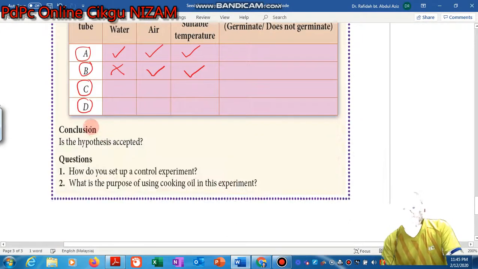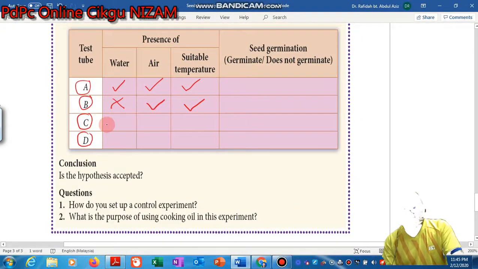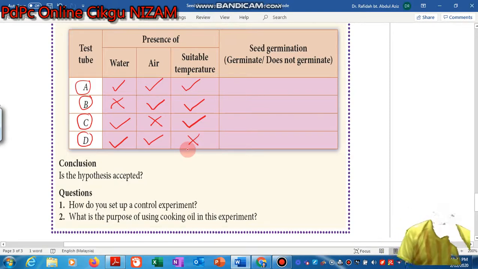So the info given here, okay, in C we have water, but we don't have air, suitable temperature. In D, we have water, we have air, but not suitable temperature. So based on the observation after 5 days, we can conclude, we can observe that,